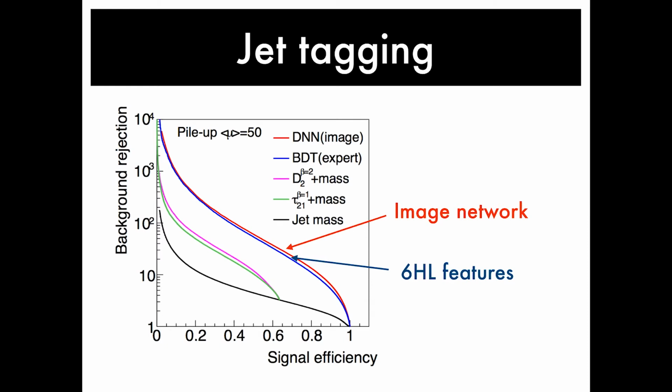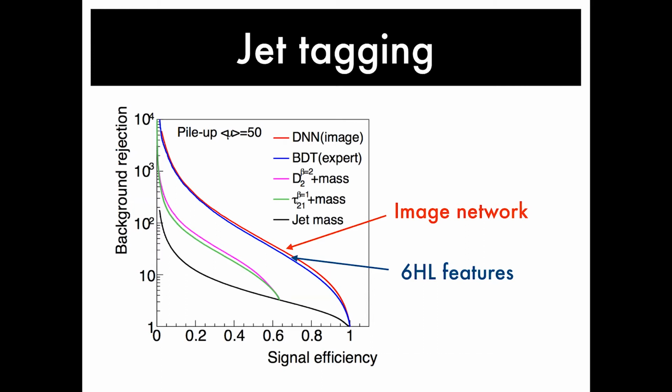Now, if we use the image network, and the image network does not have access to the high-level features, it just gets the images, just trained using convolutional networks on those images, it slightly exceeds the performance of the expert features. And notice that this is a log plot on the y scale, and so it looks like a small difference, and it's not an enormous difference, but it's real and it's statistically significant. And so this is the kind of thing we see often in our data. We see that a convolutional network or a very complex deep network can match or exceed the performance of well-understood,